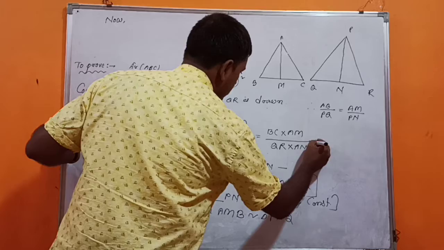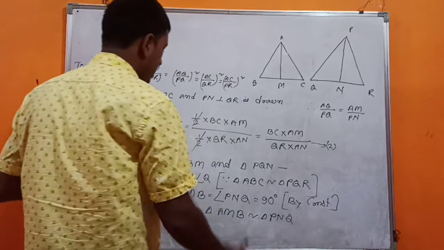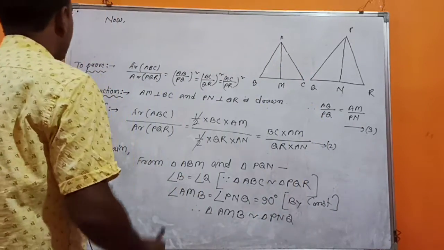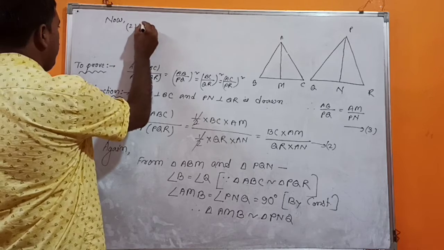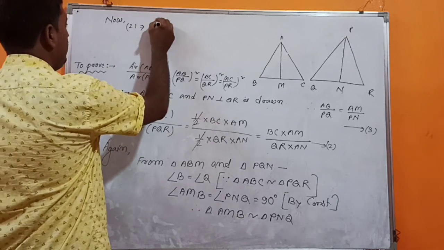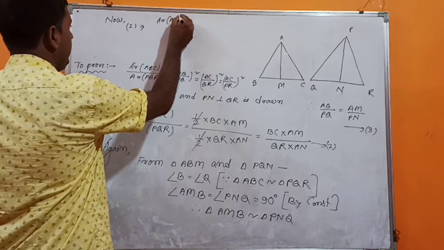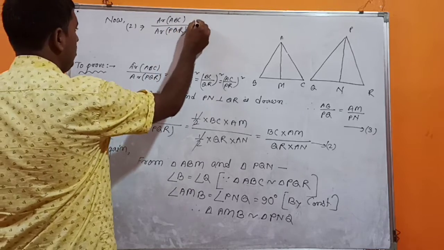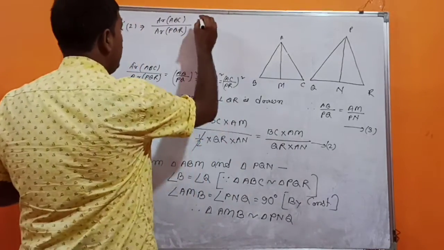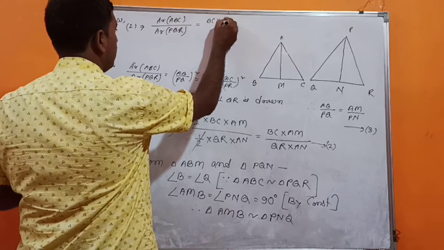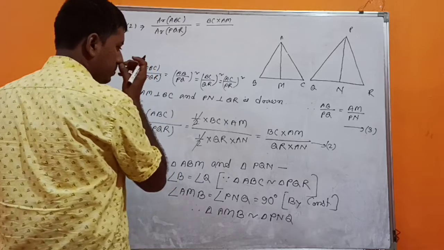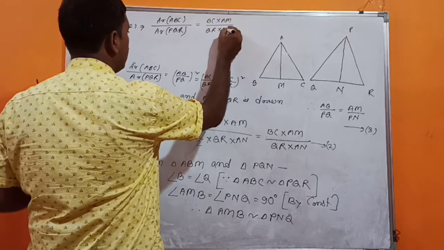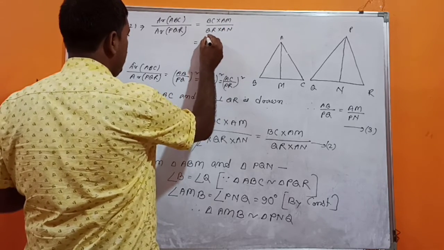I am marking this as equation number 2, and this as 3. Okay, so now 2 implies, look at this, what will happen here? Area ABC by area PQR is equal to what was given? BC into AM divided by QR into AM. Okay, so we can write BC by QR